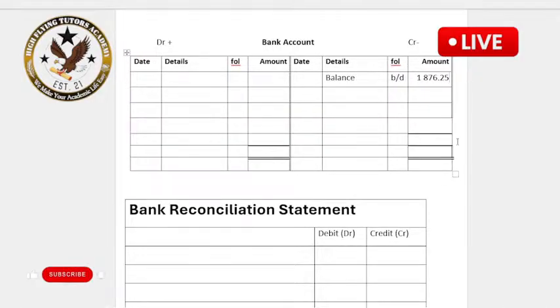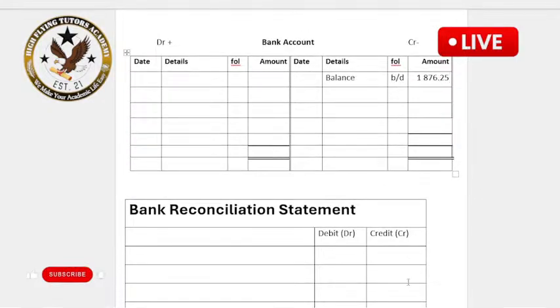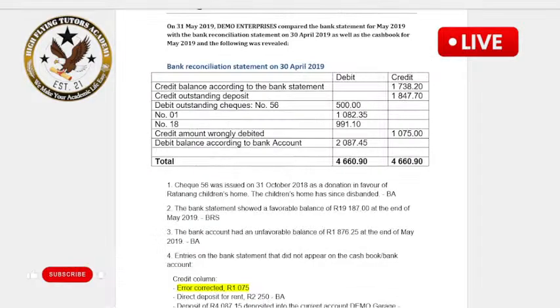Okay, and then we are going to record everything that qualifies to go into the bank account. We'll come to the bank reconciliation statement after. I hope you guys are following, right? So let's go to the next question that affects our bank account. The next question that affects our bank account is transaction number 1, where they say to you,